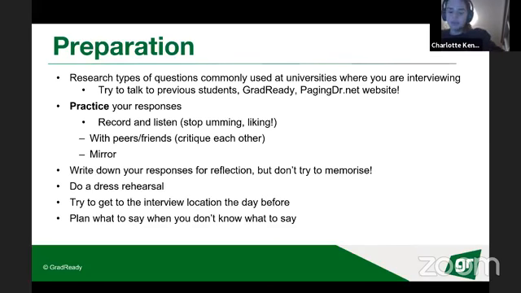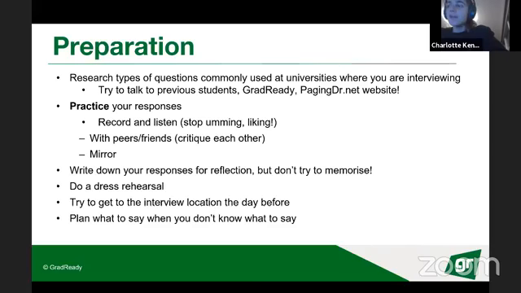The other thing to do is to do a dress rehearsal. I didn't do a proper dress rehearsal. I just picked out my outfit and sat around and was like, yeah, this is comfy. The one thing that I do recommend is finding out where your interview is before you go. Because they're online, it's not really as relevant. So the thing that I would do would be to set up your interview space as best you can.